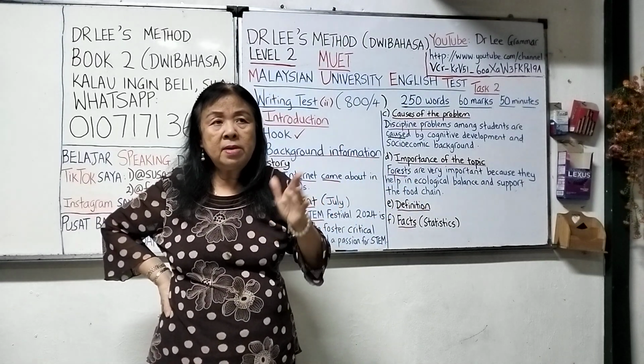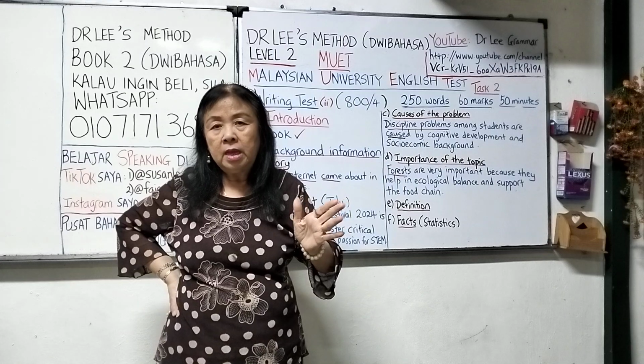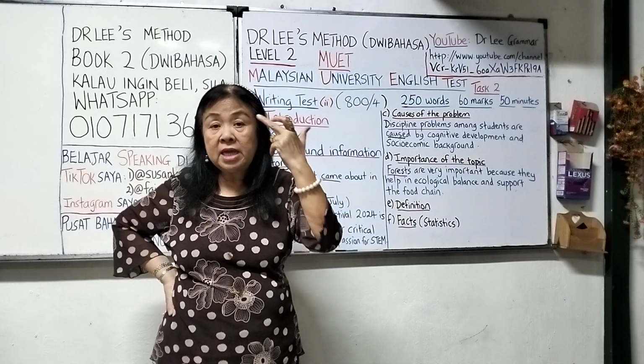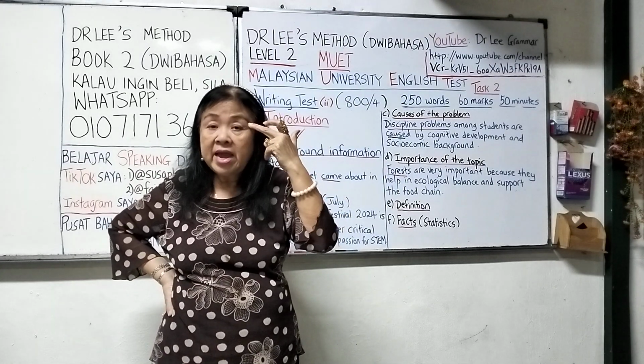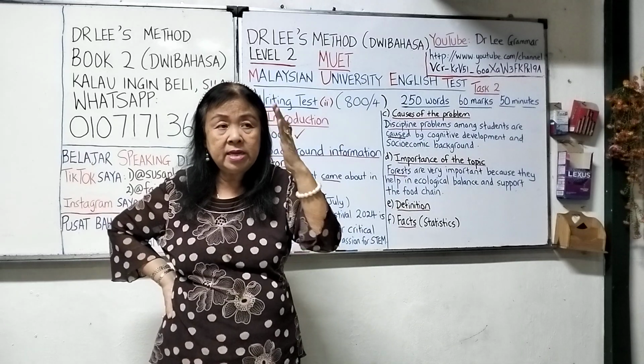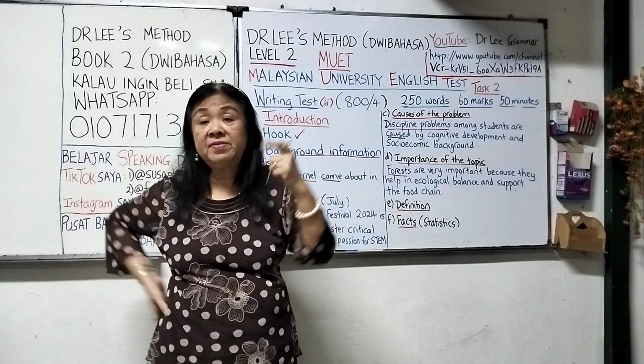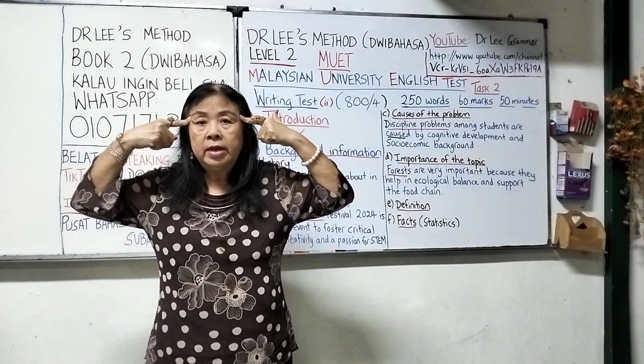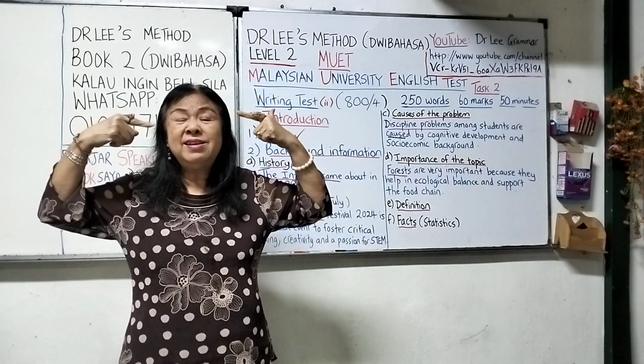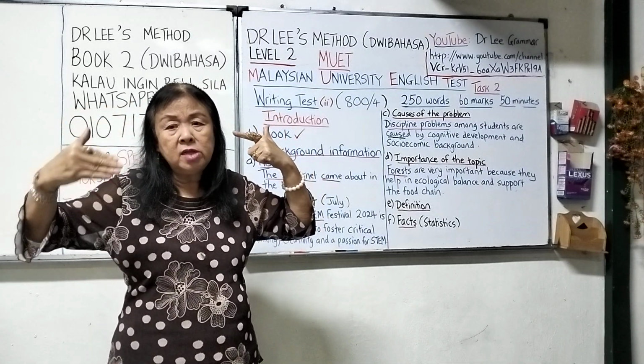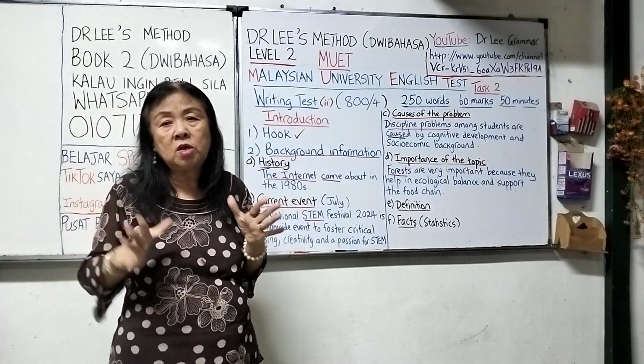development? Normally it starts from 6 years old. Cognitive development is the ability to think and reason out something. Thinking and reasoning, that's called cognitive. It has to do with the brain, the function of the brain, your thinking skills and your ability to reason out something. That is called cognitive